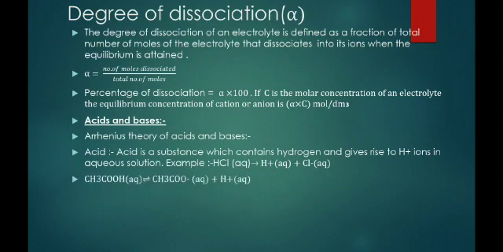Base. First you see the example, like acetic acid, CH3COOH. This acid contains hydrogen, and in aqueous solution it releases H plus ion, that's why it is what? Acid. So HCl and CH3COOH are acids. But HCl dissociates completely, that's why it is represented by a single arrow, and acetic acid dissociates partially, that's why it is represented by the double-headed arrow. It means HCl is a strong acid and acetic acid is a weak acid. Now base.